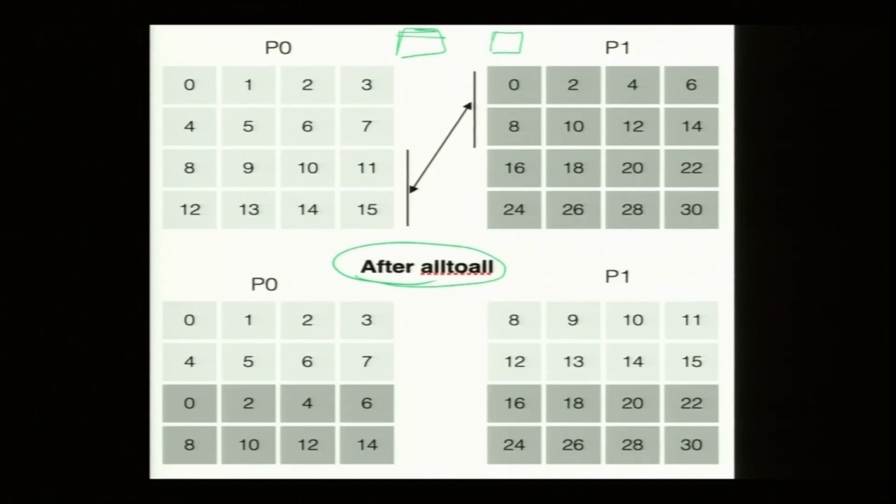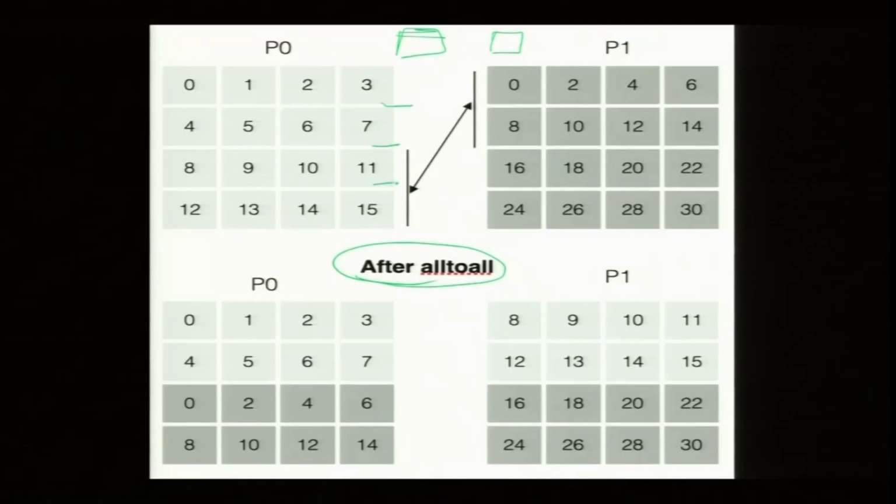So, MPI all to all will cut the array into pieces equal to the number of processes. Right now, there are 2 processes, it will cut into 2 pieces. Had there been 4 processes, it would have cut into 4 pieces. But I have 2 processes only, so they will cut into 2 pieces. So, for 2, it is a matrix right now. Okay. So, if I look at the full thing, my matrix will look like this. So, this is this part and this is this part here.